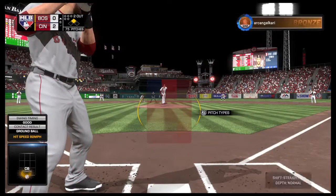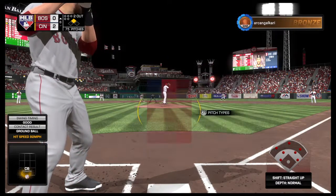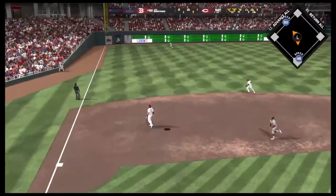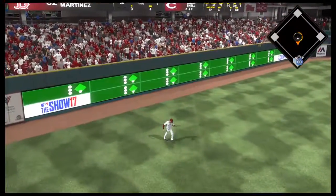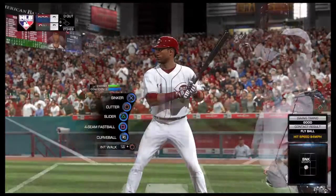Stepping in and ready for another shot, J.D. Martinez. 1 for 2 on his line so far in the game. Skied in the air to straightaway left. Liriano shading to his right. No trouble with this one, and the inning is over. At the plate, Jorge Polanco. He started out the evening 0 for